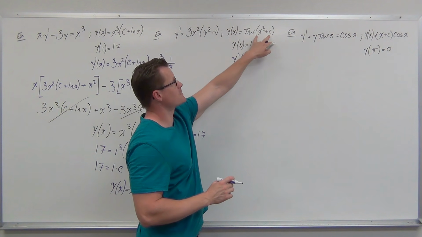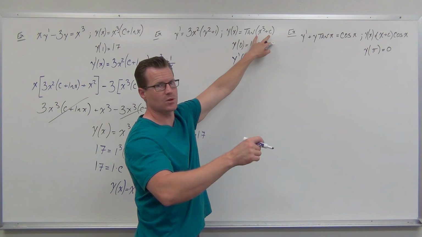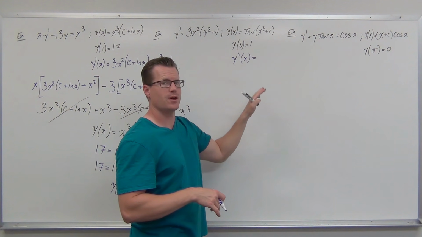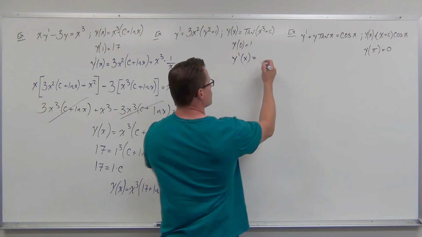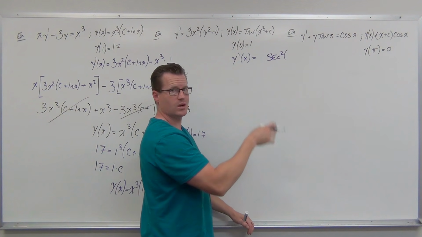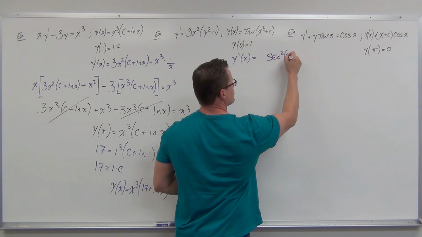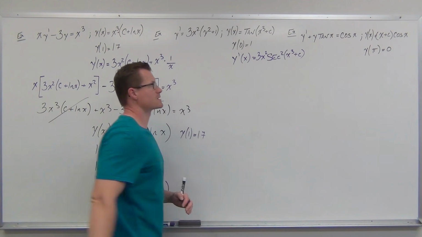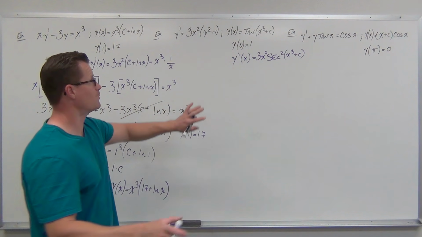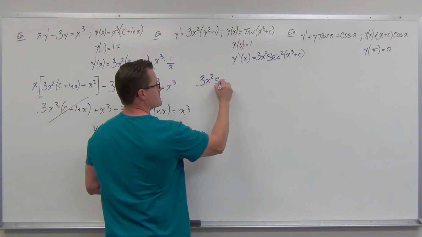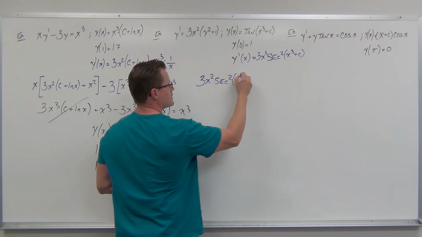The derivative of this is 3x squared plus 0. Derivative of a constant is 0. So this is 3x squared, and we're going to put that in front of secant squared of this stuff. So we would get secant squared, leave the inside alone, times the derivative of the inside. That's 3x squared. That's it. Now, plug that in. 3x squared secant squared of x cubed plus c